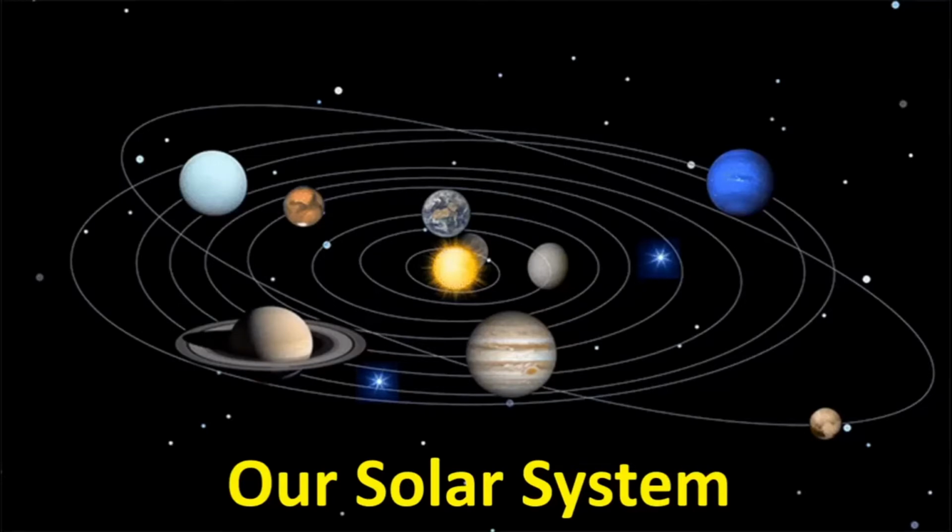So it is not only the Sun and the 8 planets, but there are many other things also, like the meteoroids, the comets, etc. I will show you pictures of all these objects, or we also call these objects heavenly bodies. So this, children, is our solar system, and like I told you, the Earth is a part of the solar system. Let's see one more image.